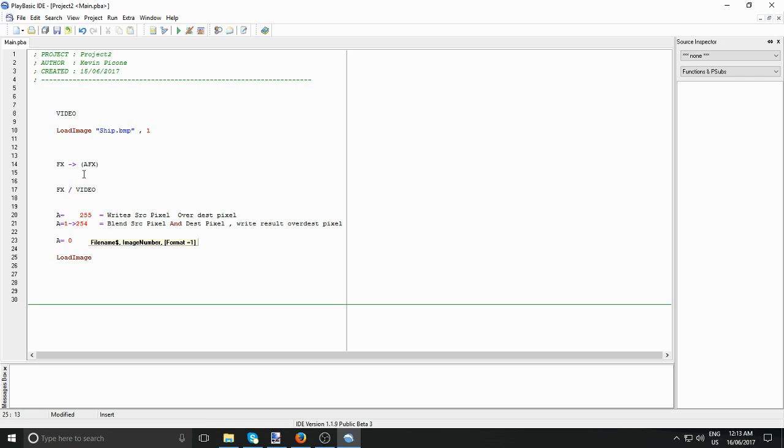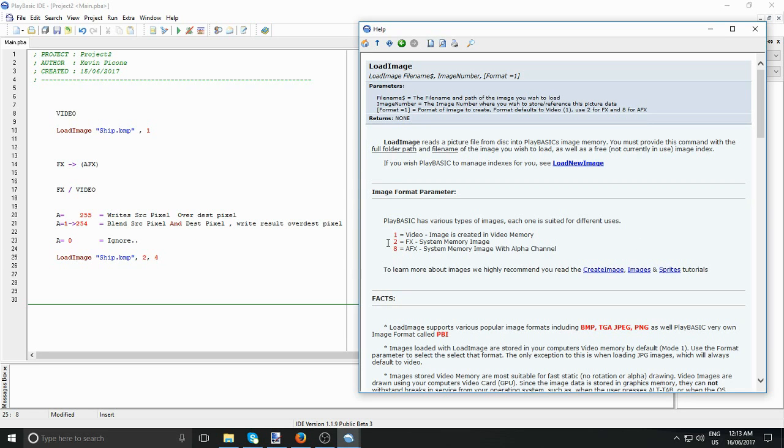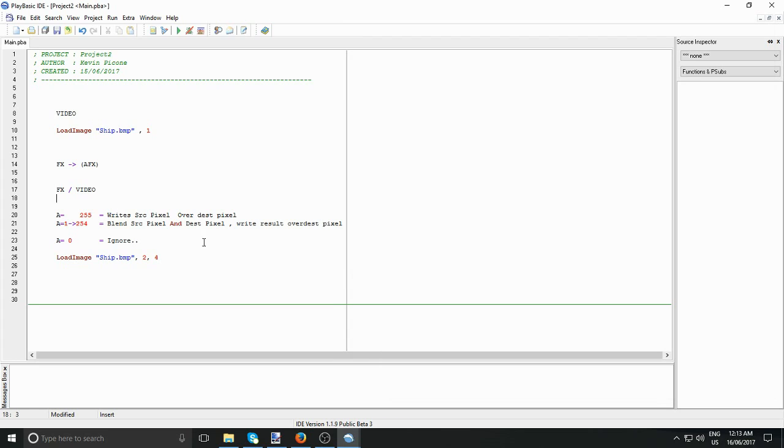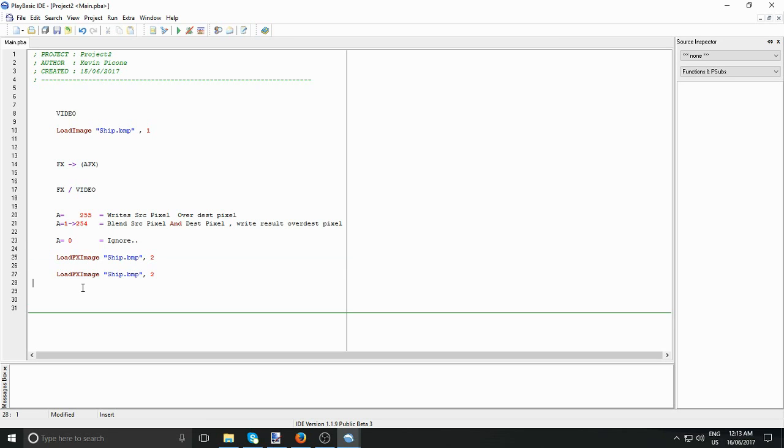So to load a ship, let's say, with an alpha channel, we'd have ship.bitmap. It may be in slot 2, but we'd give it a format this time. FX format is 2, and I think AFX is 8. I'll just double check that. Yeah, it is. So we could go load FX image, and you can see straight away when you read the code through, you don't have to understand any sort of optional parameters. There's also another one to load AFX